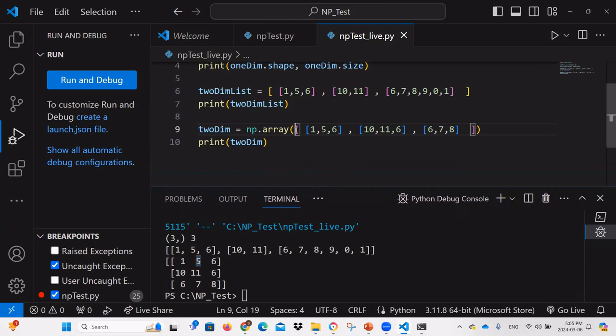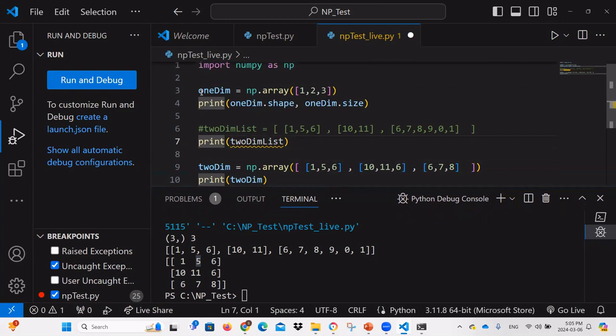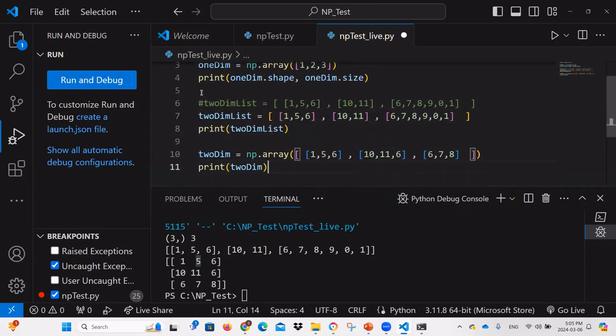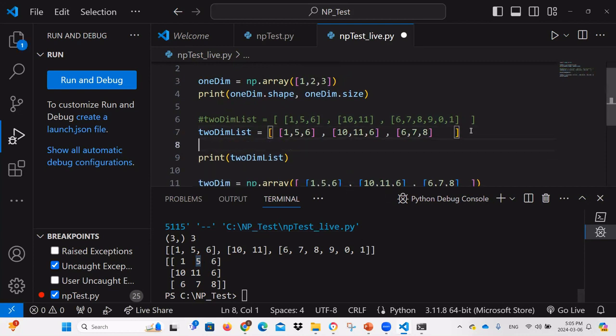Okay. I'm gonna make this consistent so that we can compare them. Okay, now I want to access this element, this 5 element. How can I access it in a list,